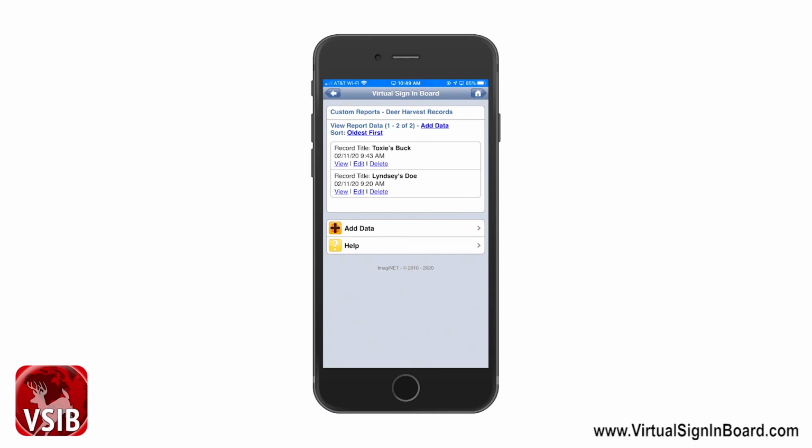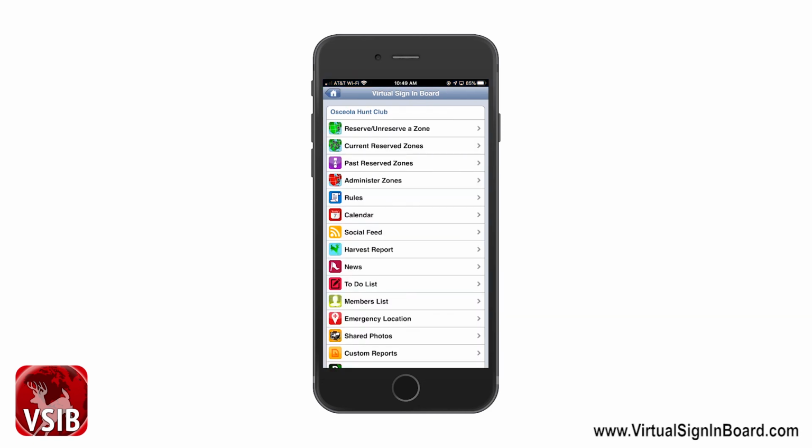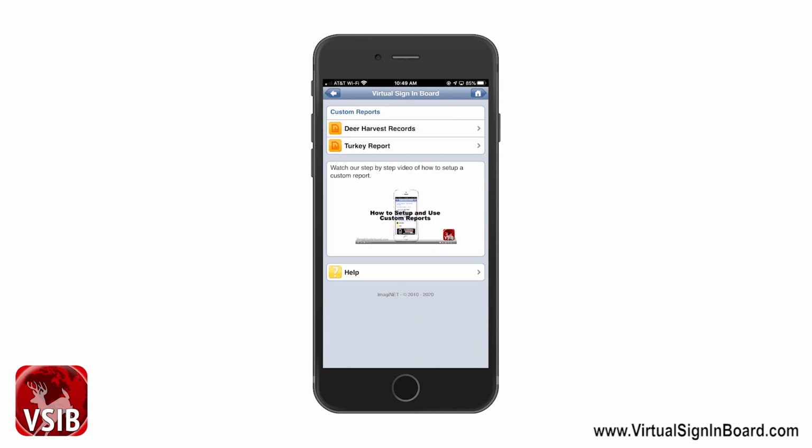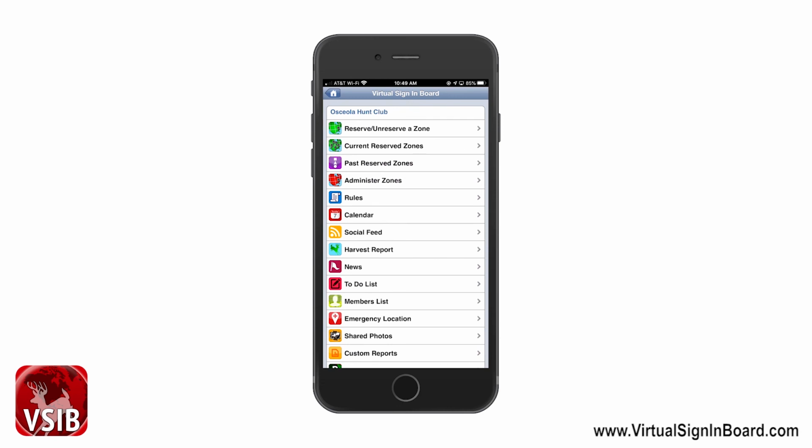Okay, I just showed you how to do it from the custom reports link, but you also can do it from the harvest report link. All you have to do is just scroll up to the harvest report link and click it, and you will see that the report loads just like I showed you. And all you have to do is enter it in just like we just did. That is it for